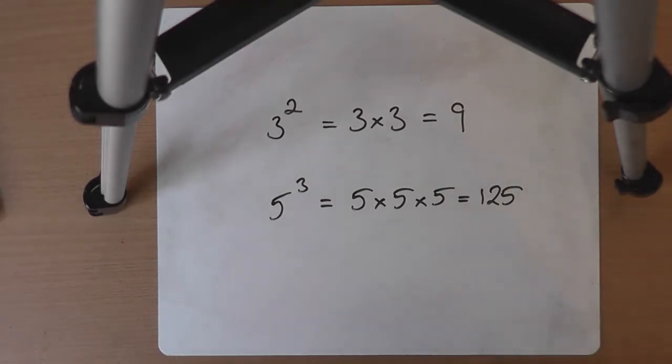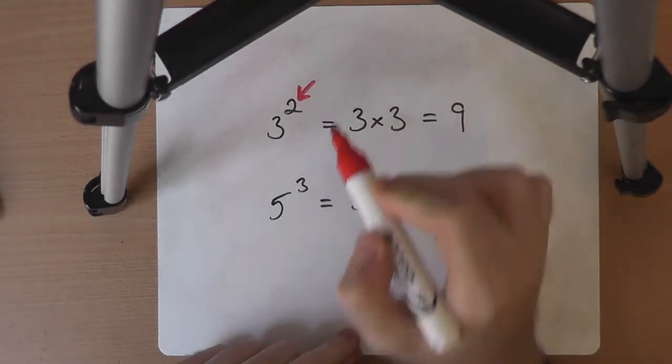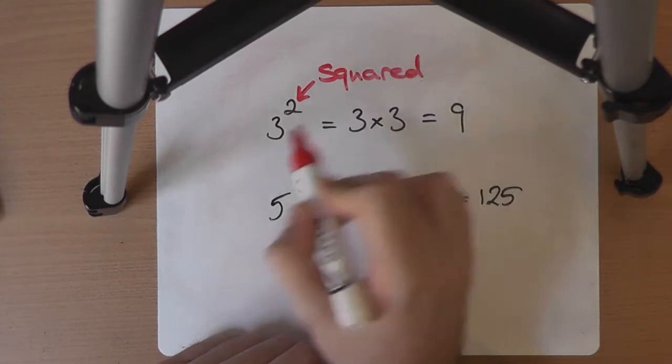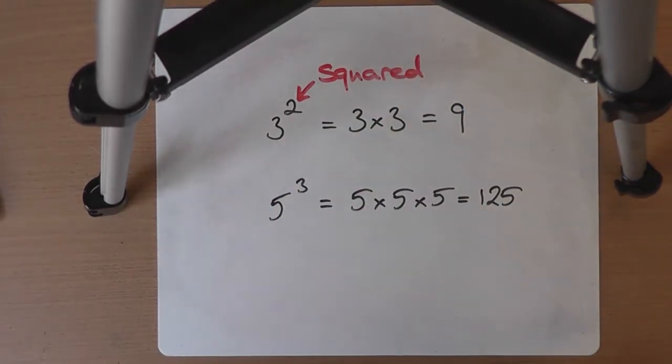A final bit of basic powers terminology. Power 2 and power 3 are particularly useful. There are lots of other bits of maths where power 2s specifically and power 3 specifically turn up. Because they are so important, so useful, we give them their own name. So you may often see, and I will do this, that power 2s are referred to as squareds, i.e. 3 to the power 2 could be read as 3 squared, where squaring something means you times it by itself,